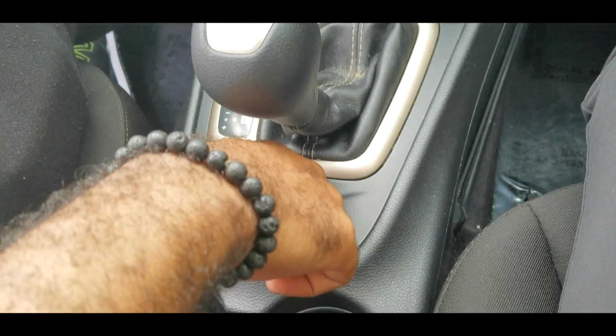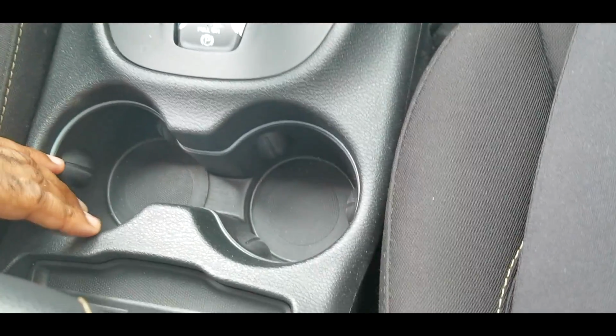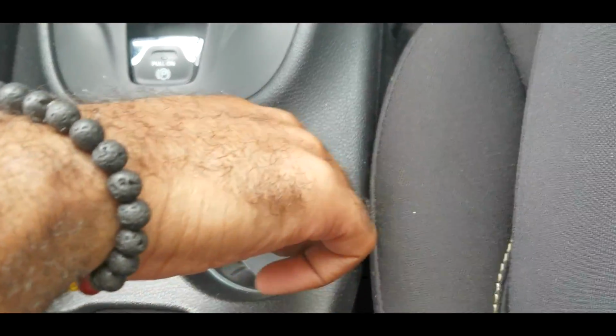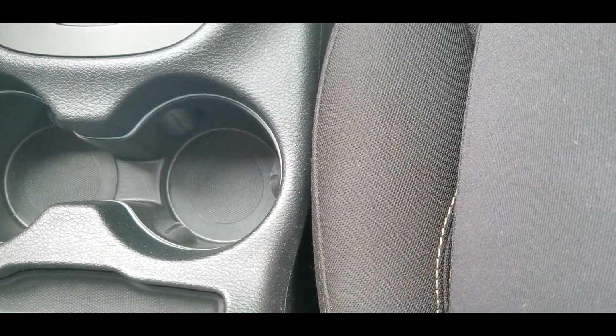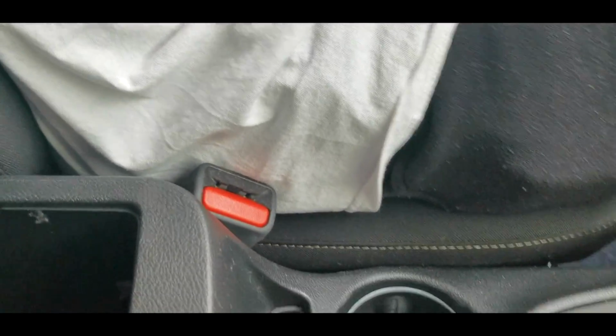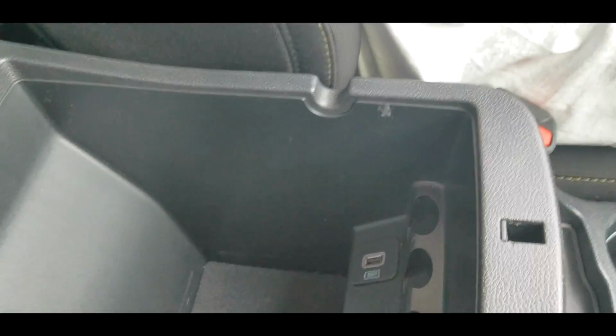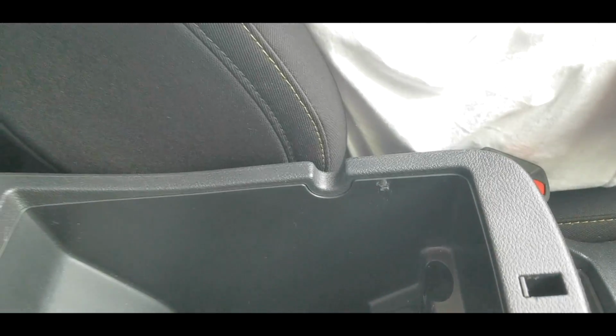You got your pull brake here. No traditional brake lever. A couple cup holders right here. It does look like there's a little ring around here where it illuminates. I cannot test that theory because it is too light out. Here you have your glove box with another USB port, some coin holders there, and another 12-volt direct current cigarette lighter